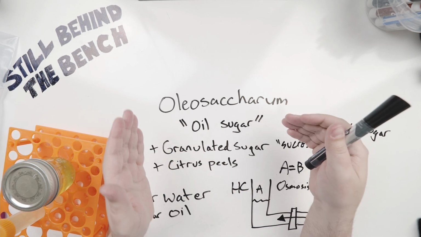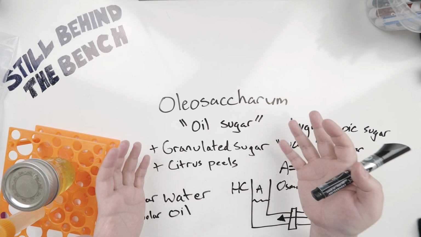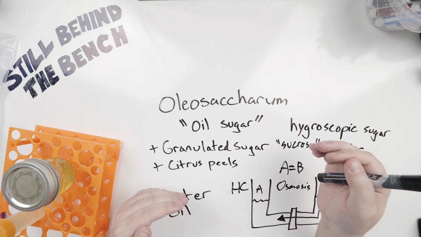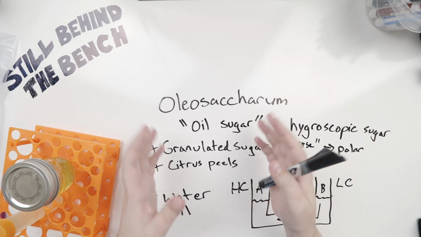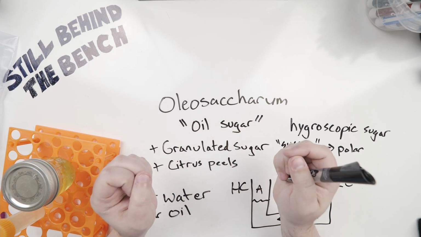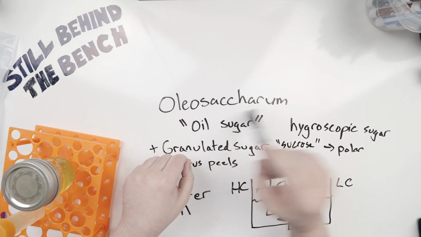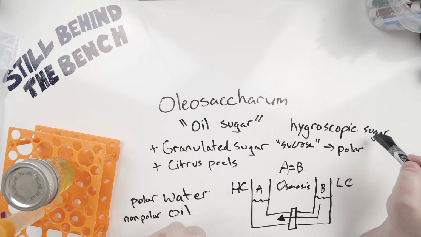The traditional ingredients are granulated sugar and citrus peels without the pith, generally in a 1-to-1 ratio by mass, although some people do it by volume. But if you use volume, you'll probably end up with too much sugar because the sugar packs more densely than the fruit peels. The prevailing idea going around is that Oleosaccharum is made because of the hygroscopic nature of sugar,